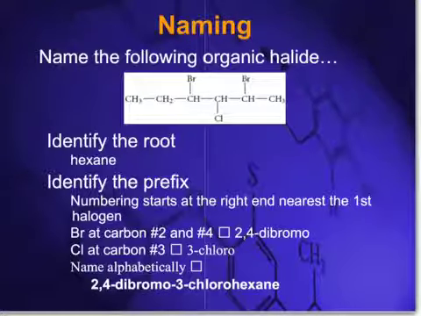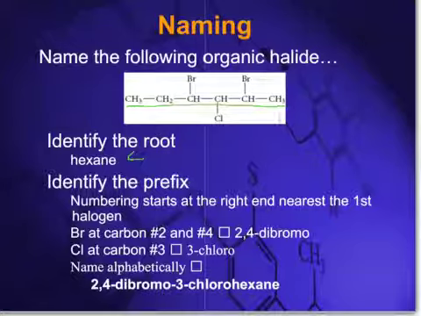Let's try a slightly more difficult example. First of all, we identify the main chain of this compound. Here we see it's a 6-carbon compound, therefore we know it's going to be hexane. Next, we look at the branches. We note that if we count from the right to the left, 1, 2, 3, 4, 5, 6, the branches will have lower numbers. And we note there are 2 bromine atoms at positions 2 and 4, and 1 chlorine at position 3. And remember, we are going to arrange it in alphabetical order, so therefore this becomes 2,4-dibromo